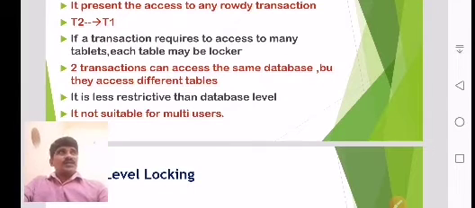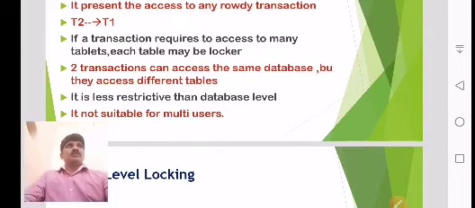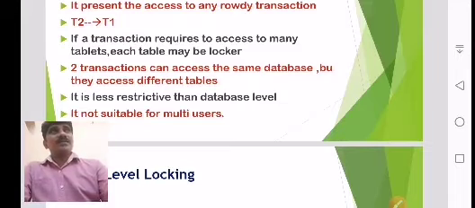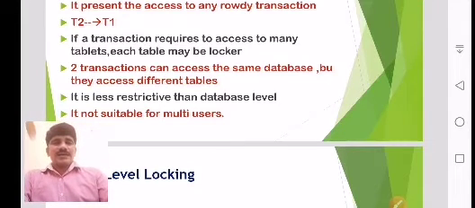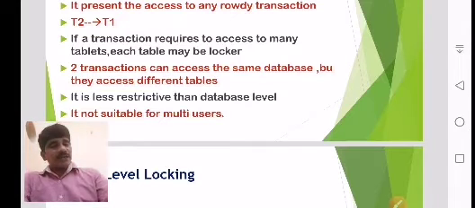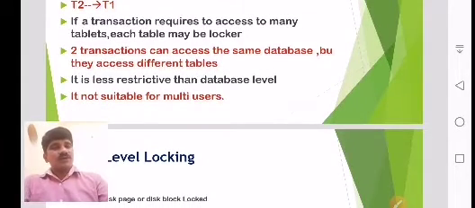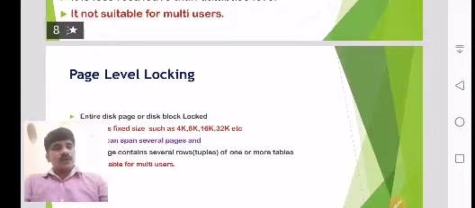Simply we can say it is better than database level locking, but it is not suitable for multi-user. Why? Because if we have to update any information in a single table, no other user can work on that particular table. So that's why it is suitable for a single user only.